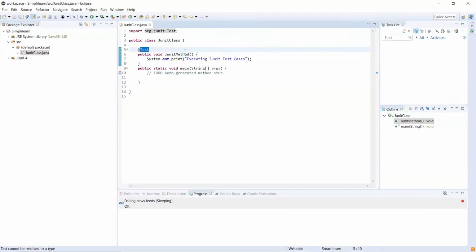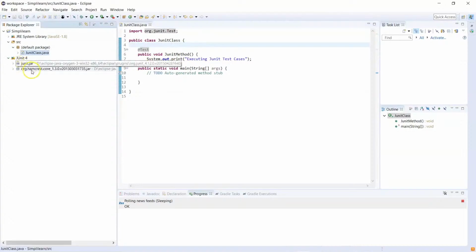The moment I do that, you will see some changes. First you will see changes at the top saying import org.junit.Test. That's the first import, and the second import will be JUnit 4. You will see these two jar files are automatically being picked up by Eclipse. Even if you don't download these jar files, this is the main benefit of Eclipse, that these are already a part of the plugins. You can see their paths, that these are already installed in the